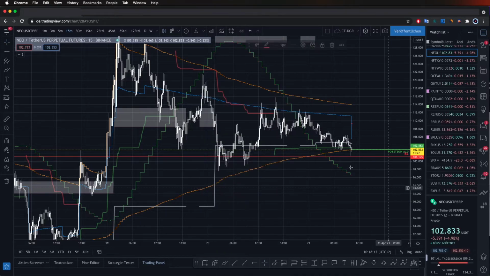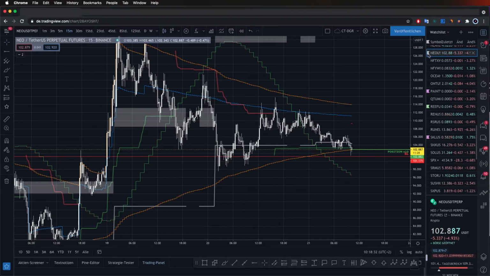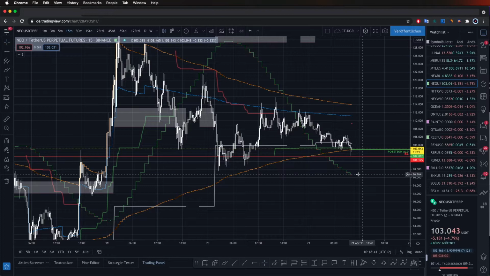I will mark it like this, check, and I will put my stop loss on my exchange, like that, bam, and that's it actually. So now I will mark this green. This is also just for me, but it's how I'm doing it, so I know I am in a position which is long. For sure you don't have to do that, but it helps me a lot to get a